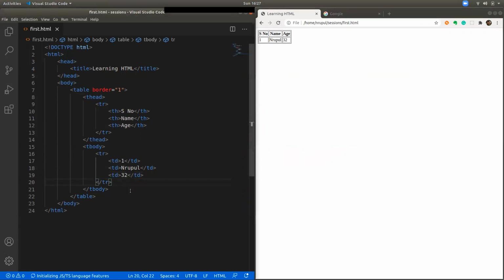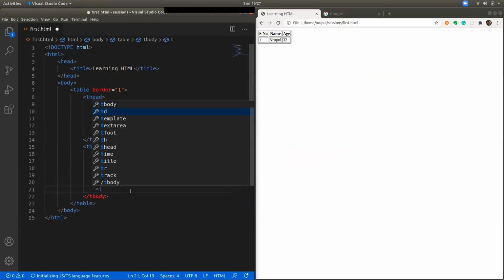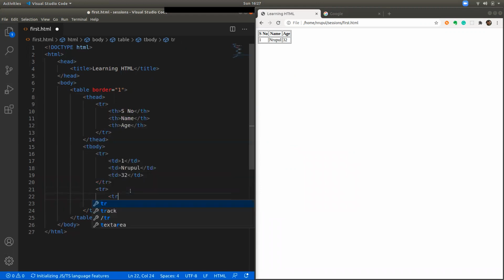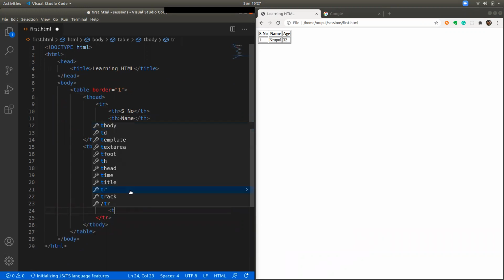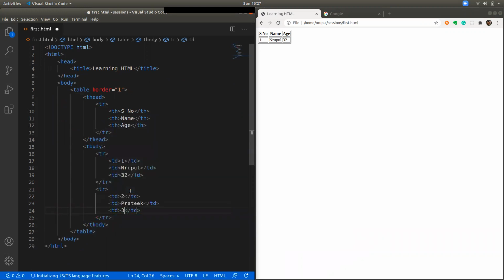In the same way, if you want to add one more row, you can add one more row to the table. So it shows, and you can put more information into this table, more cells. So serial number 2, let's say Pratik, and let's say 25, and let's say study. Now, if you reload it, you can see more and more rows are getting added with the data which you want to put into these tables. Now, this is how you can create tables.